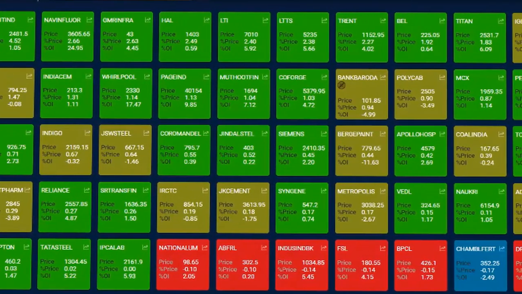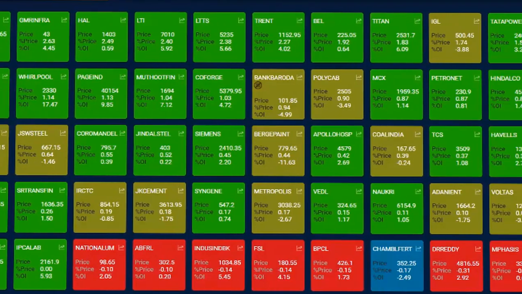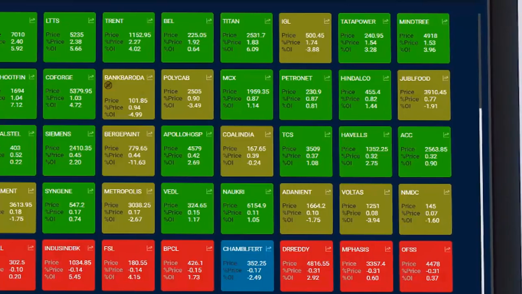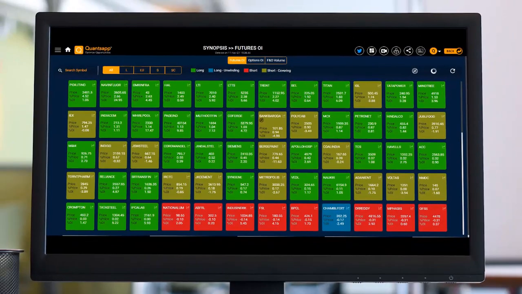It's very prudent for an option trader to have a bias on the market. I'm not talking about predicting where the indices Nifty, Bank Nifty are going to go. Instead, what we are looking for here is a bias on the market to find out which stock is outperforming, or what the market strength is, or in which direction I should look for an option trade for a particular day. That would be made clear for us from the Synopsys tool, using the futures OI panel over here.